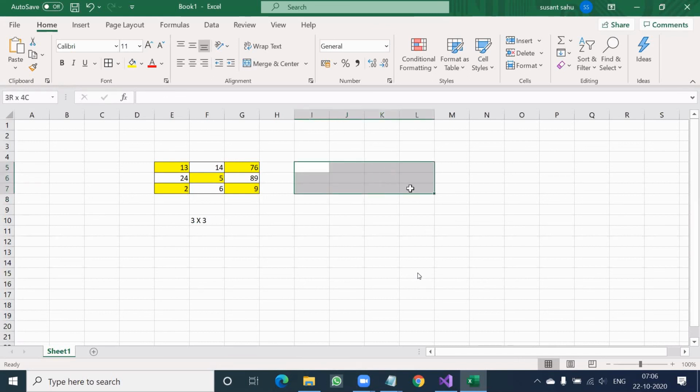Similarly, if you want to try for 4 by 4, you try with 4 by 4. This is a 4 by 4 matrix. These are the diagonal elements. So now you will understand the question. The question says, first of all, accept n. If the user enters n as 3, then 9 values will be accepted. If the user enters 4, 16 values will be accepted. If the user enters 2, 4 values will be accepted.